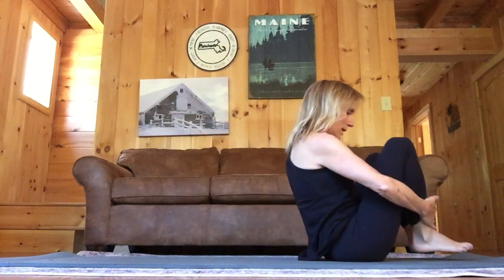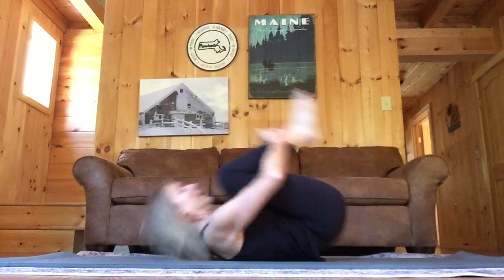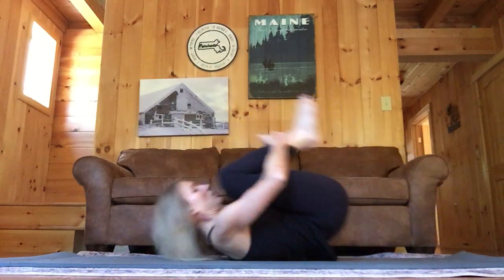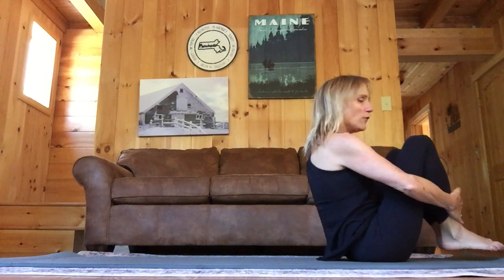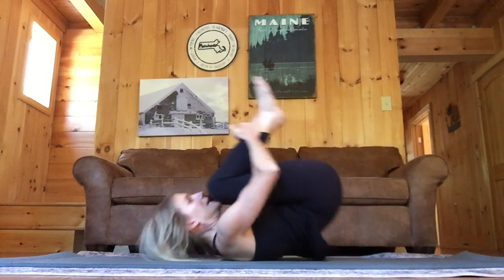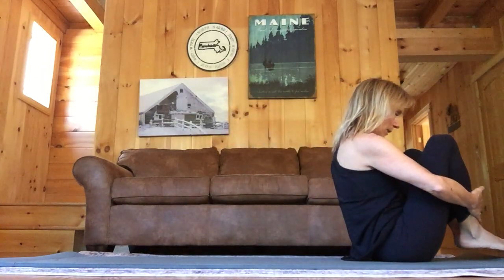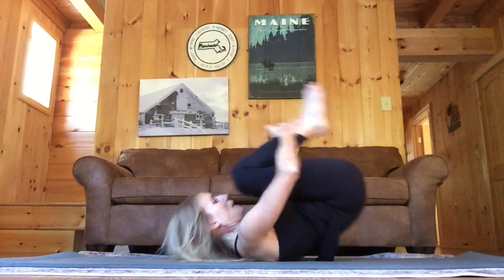I always try to remind you and everyone to let the pelvis move freely here. That pelvic tilt initiates the movement with the inhale and the rock back. 2 more. And then the feet come down, bring the arms behind you, pick up your hips, curl back, and it's the